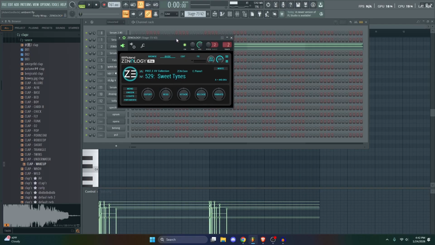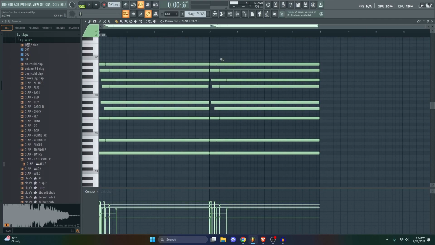The next thing I added was this E-piano inside of Synthesia. This is what it sounds like without effects. It's pretty much the same, but